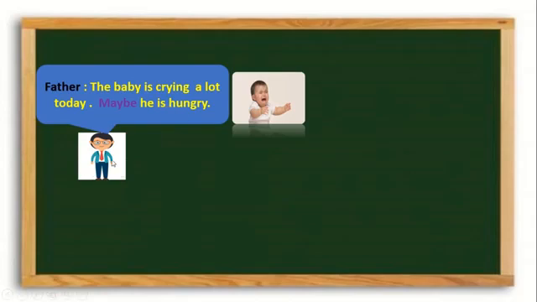So, what do you think of the father? Is the father sure of what makes his baby cry? Is the father certain? No, the father is uncertain. The father expresses his uncertainty by using the word maybe. When we say maybe, we are not sure. So we say maybe, perhaps, I think, I guess, I have some doubt, I am not sure.